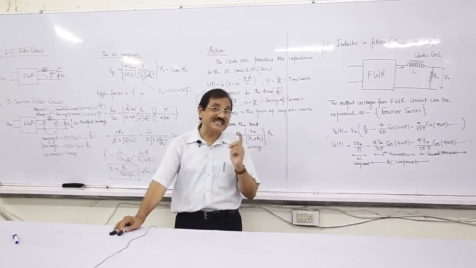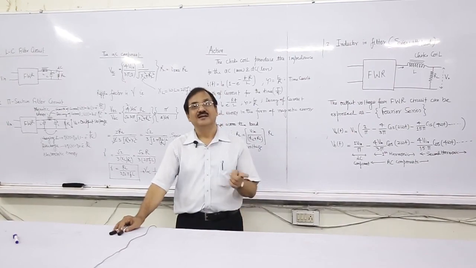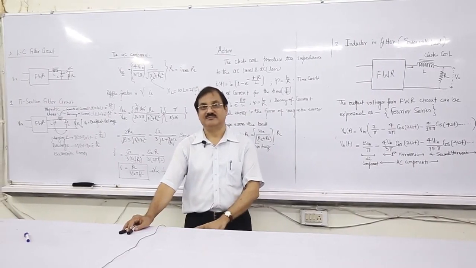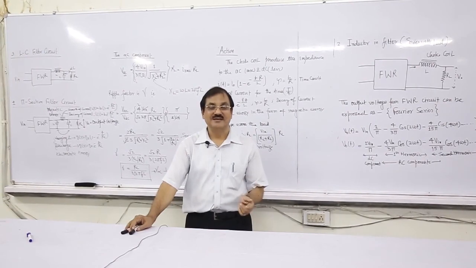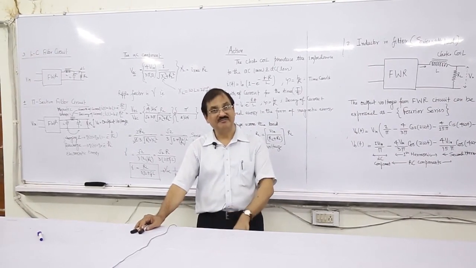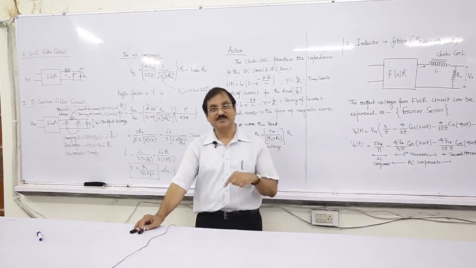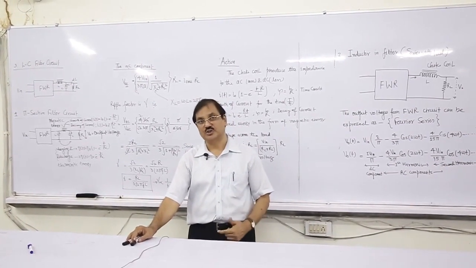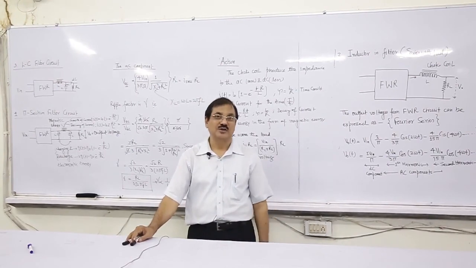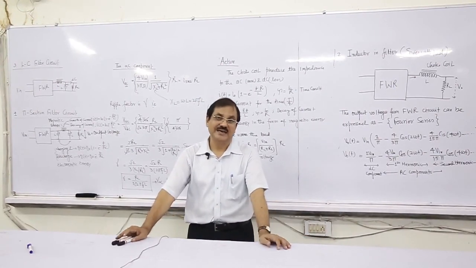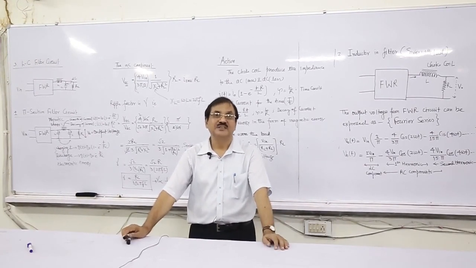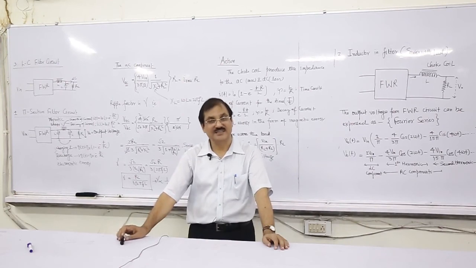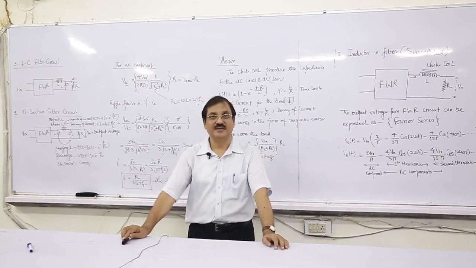You see, the frequency is increased, but the amplitude is decreasing. Frequency is twice, amplitude is 1 by 5, 20%. The amplitude is 20% for a 500% increase in the frequency. So these are the ripples of the output of the rectifier. And we have already discussed the Zener as a regulator. So this power supply part is finished here. Thank you.